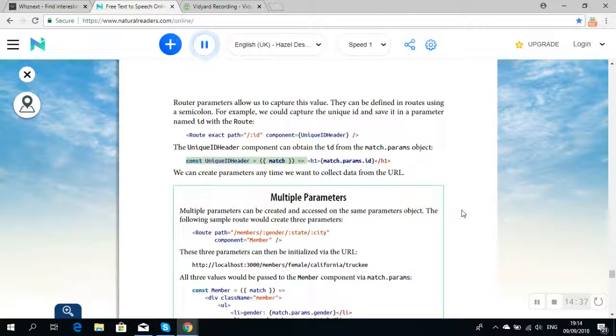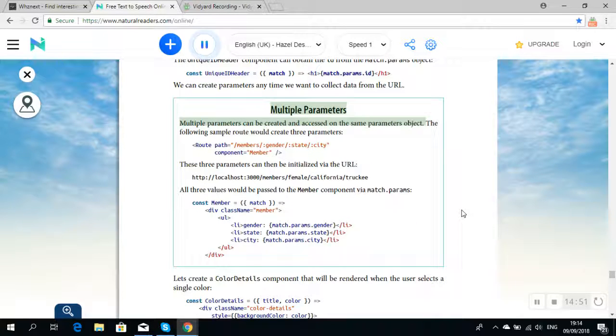const UniqueIDHeader = ({ match }) => match.params.id. We can create parameters anytime we want to collect data from the URL. Multiple parameters can be created and accessed on the same params object. The following sample route would create 3 parameters. Route path="/members/:gender/:state/:city" component={Member} />. These three parameters can then be initialized via the URL